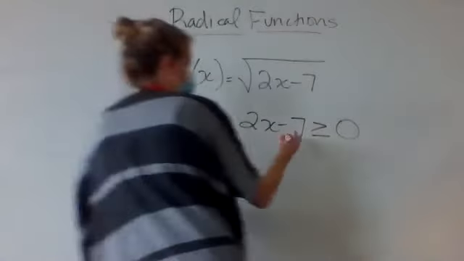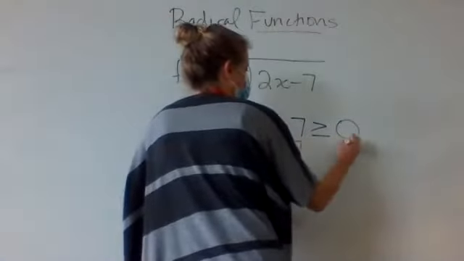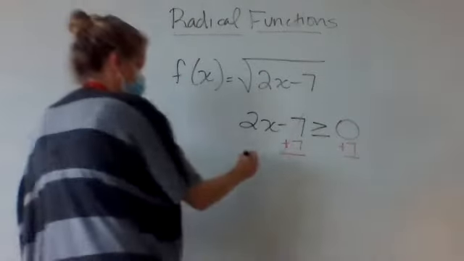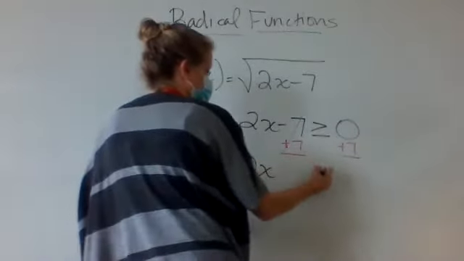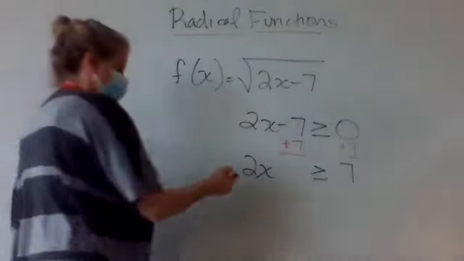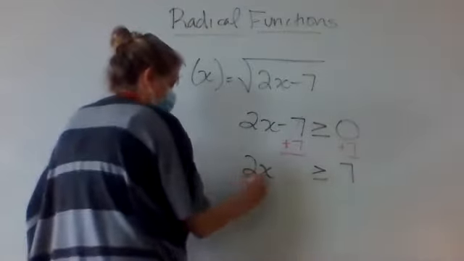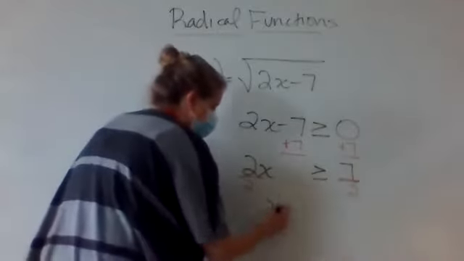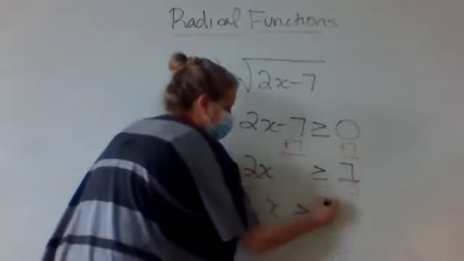So I'm going to get rid of the minus 7 with a plus 7. So now I have 2x needs to be greater than or equal to 7, and divide by 2. So x would need to be greater than or equal to